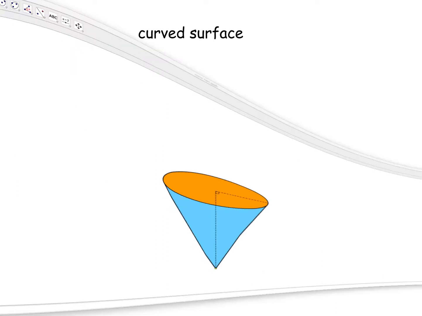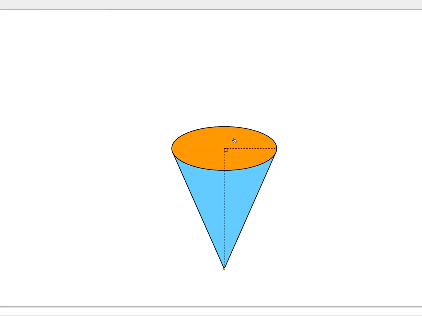So here's the cone. The orange circle is the base here, and there's a curved surface which is blue. There's a radius which is on the base, the radius of the orange circle. Then there's the height of the whole cone, and importantly the sloping edge, the hypotenuse of the triangle. So there's a right angle triangle there, the hypotenuse of the triangle, a sloping edge, that becomes, as it opens up,